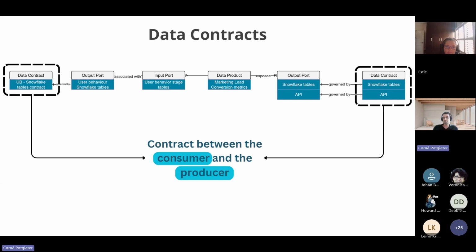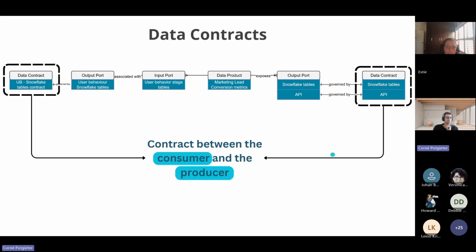As a producer of a data product, your contract is where everything that you will adhere to is written, and your consumer can then read that contract and know what your legal, or rather contractual, obligation is as to what you will be producing. So just think of it as any normal contract.